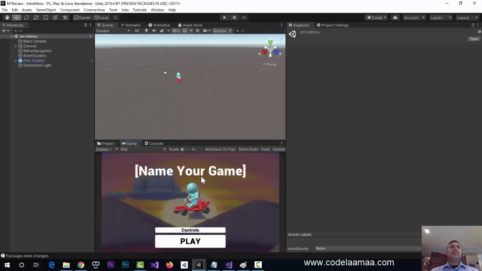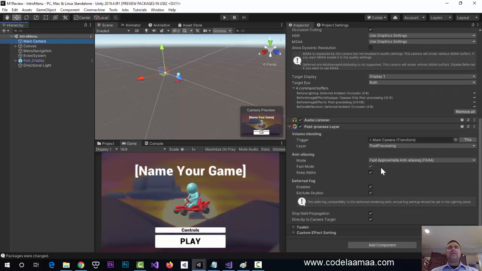Here we go. The idea is here, I guess it's a very generic program, so you could modify it with your own name and whatnot. But we won't get into that just yet. Let's look at the scene here. So we got main camera. We have here